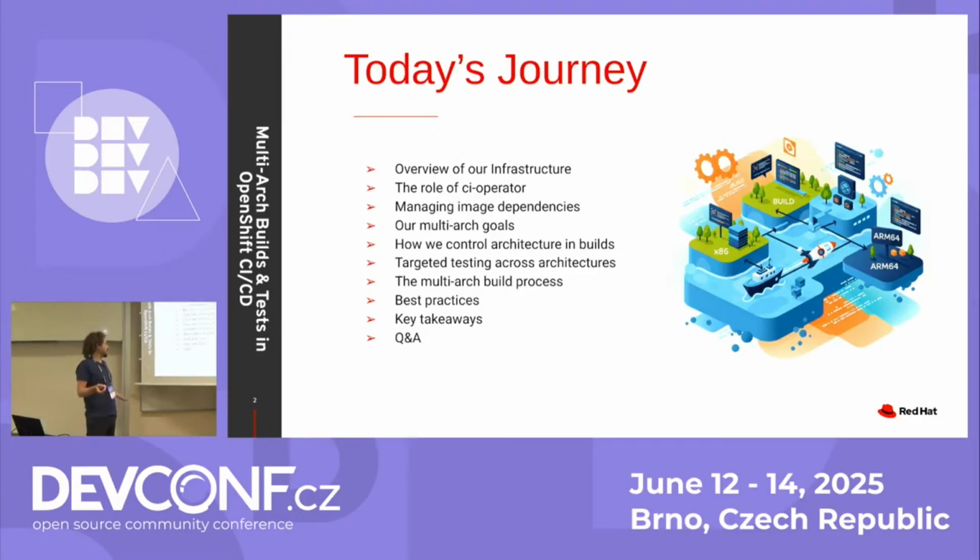And how we're doing the multi-arch build process, which is something that OpenShift doesn't even support, and how we are doing that. A few best practices, not that many, because there are not that many best practices, to be honest, right? And key takeaways,